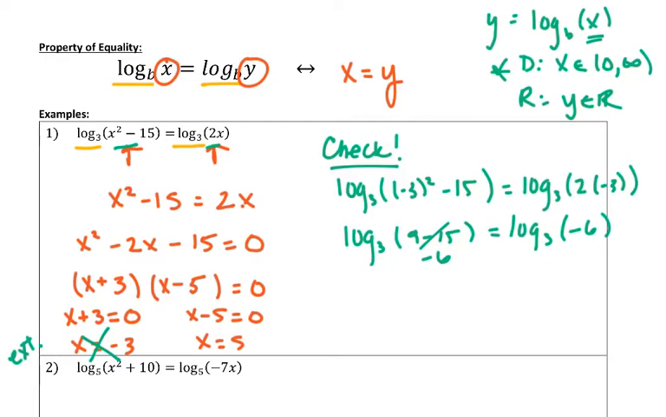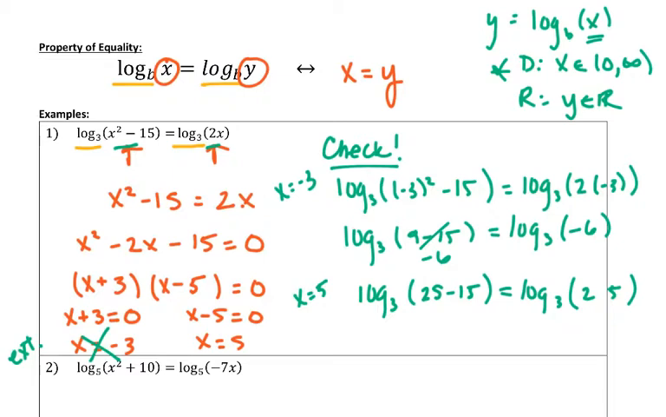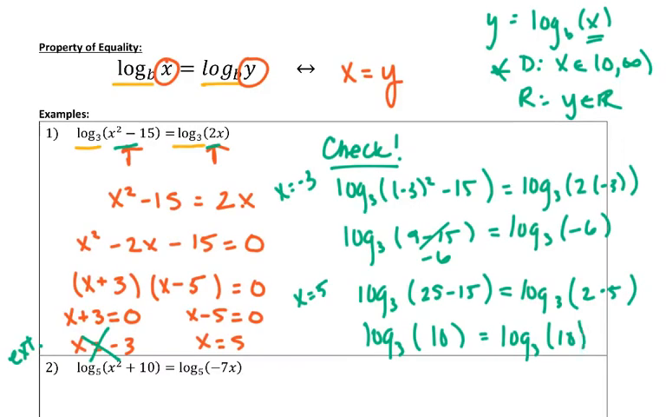Now we're going to check it with 5. So log base 3 of 5 squared, which is 25, minus 15 equals log base 3 of 2 times 5. Log base 3 of, this is going to be 10, and log base 3 of 10. I don't have to go any further than that. I can see that that's the exact same thing on the left and the right,